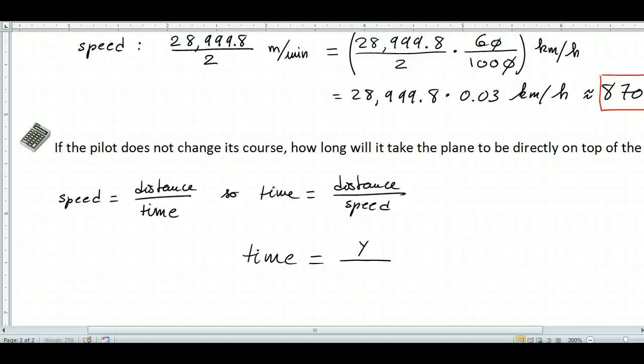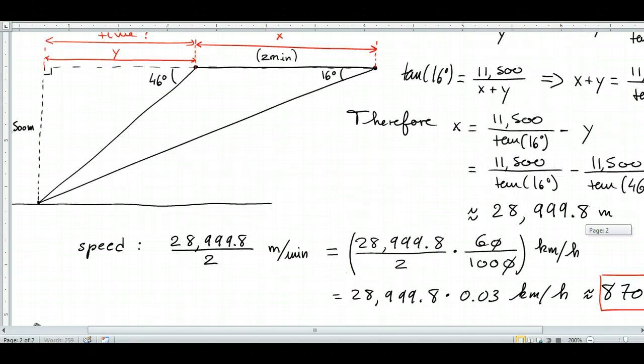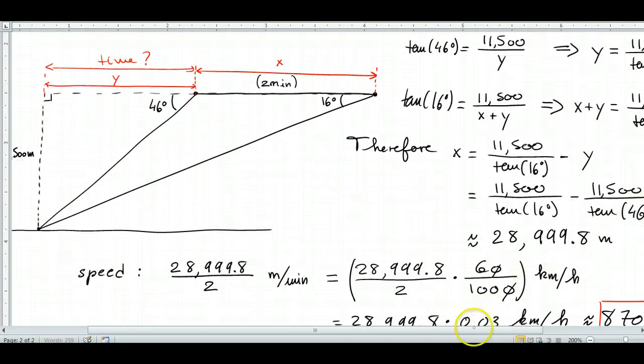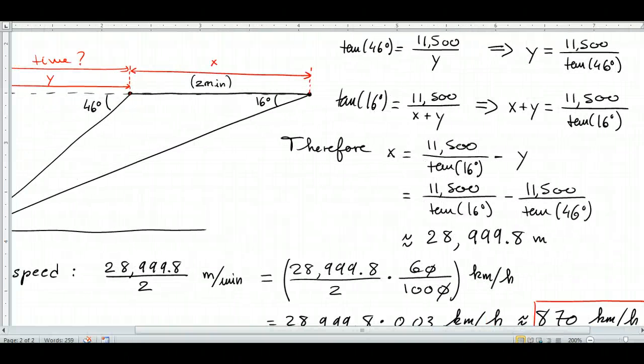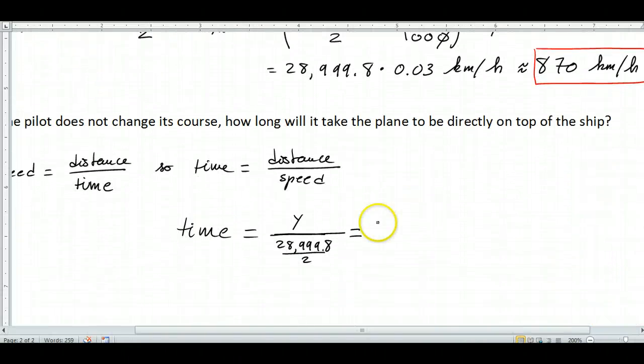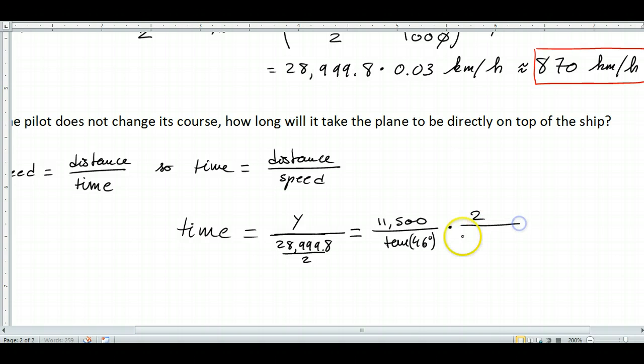So I'm gonna say divided by 28,999.8 divided by 2 right here. Okay, so what is that? All right, let's get the y. Y is 11,500 divided by the tan of 46. So here we go. So I got y, 11,500 divided by the tan of 46. Okay, and times, so I'm gonna flip my fraction, 2 over